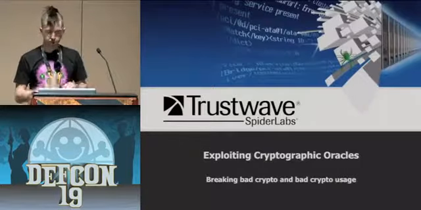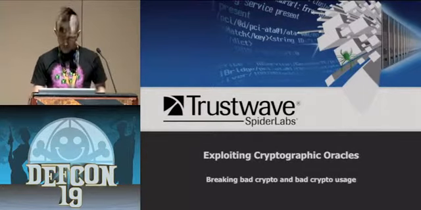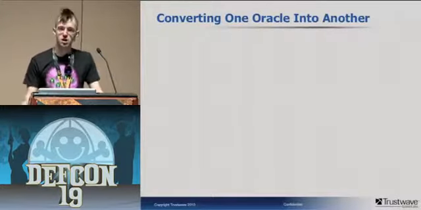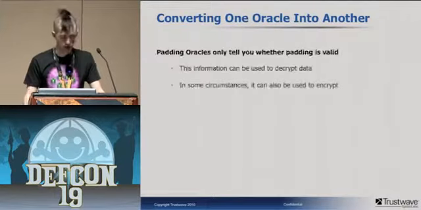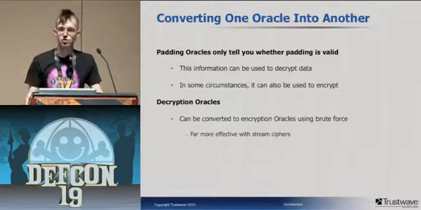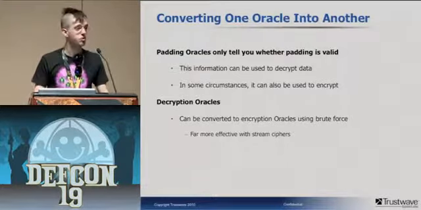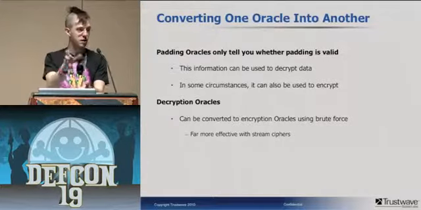So let's talk a little bit more about exploiting these crypto oracles. To convert one oracle into another, most of this involves brute forcing. We talked about padding oracles and using them to decrypt and encrypt data. Decryption oracles can be converted to encryption oracles. The idea is that you just brute force guess a whole bunch of ciphertext until it decrypts to what you want it to. That way you have the plain text you want, and your input is really what